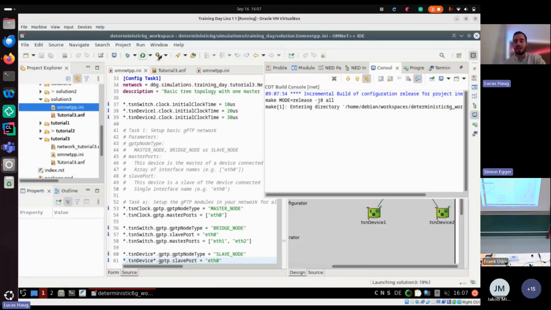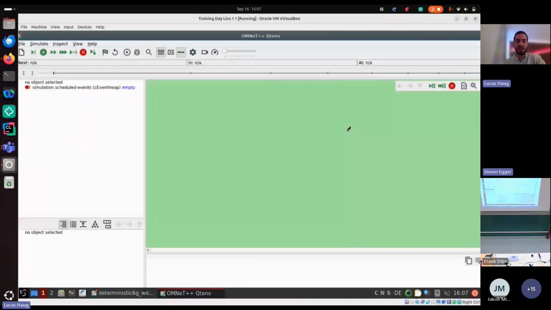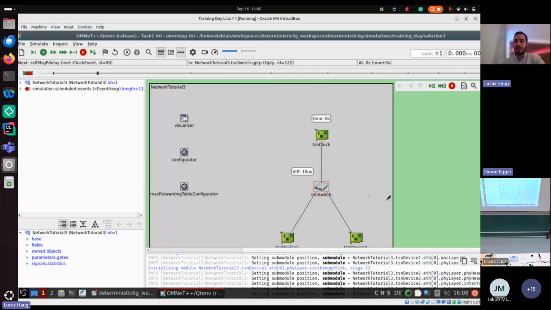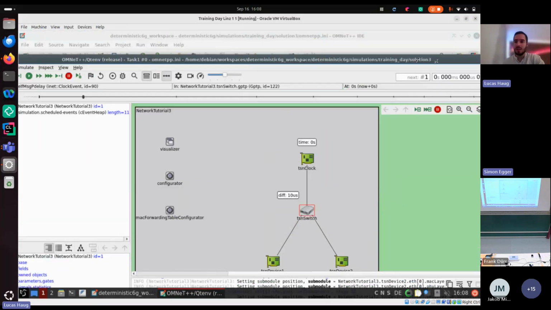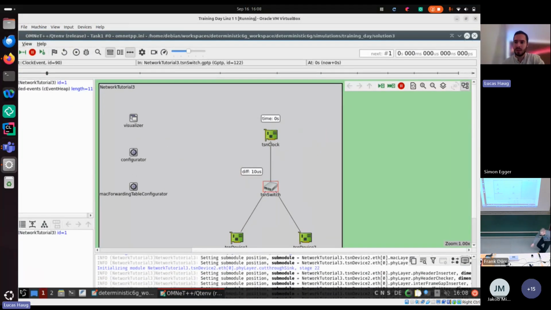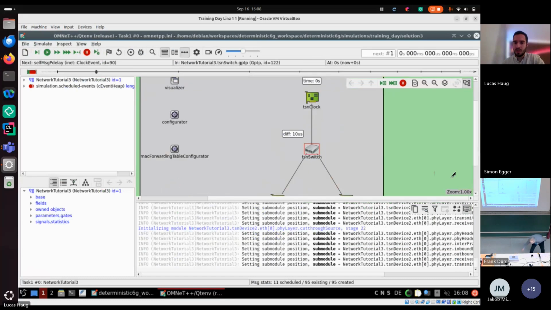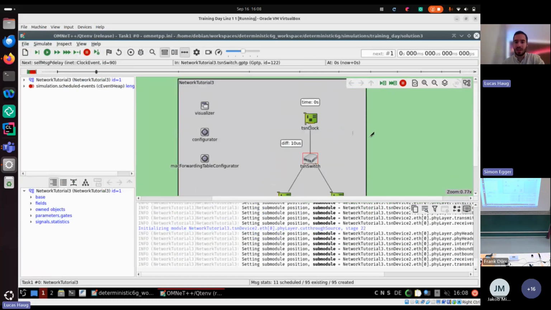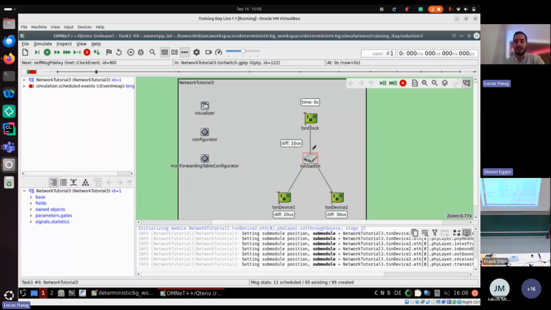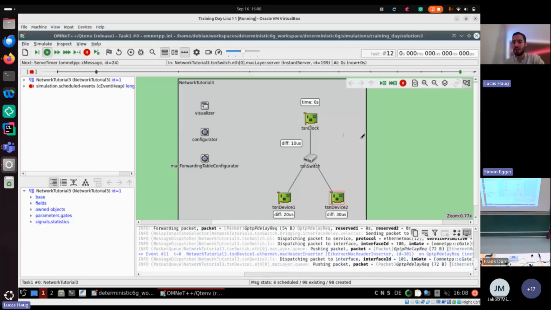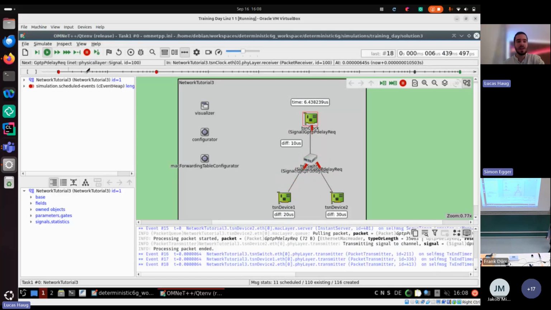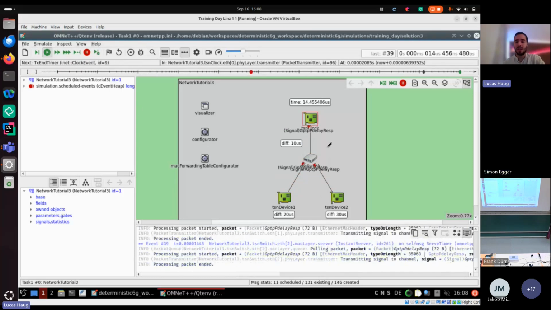We can now see the time synchronization in action. So let's start up the simulation. And here on this screen, you can now see that the clocks are not in sync. The one clock is off by 10 microseconds, the next clock is off by 20 microseconds, and one by 30 microseconds. And if we now run the simulation, we can see that it starts with GPTP